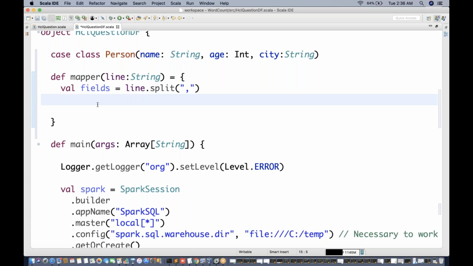So what we need to return is Person p equal to, and inside this we say fields of 0, comma, fields of 1, comma, fields of 2, right?